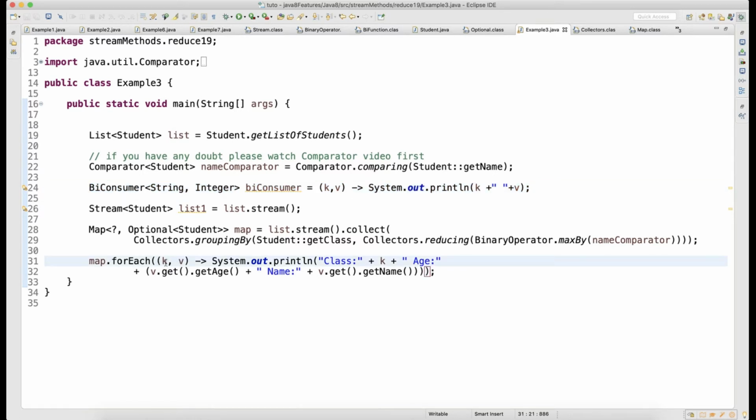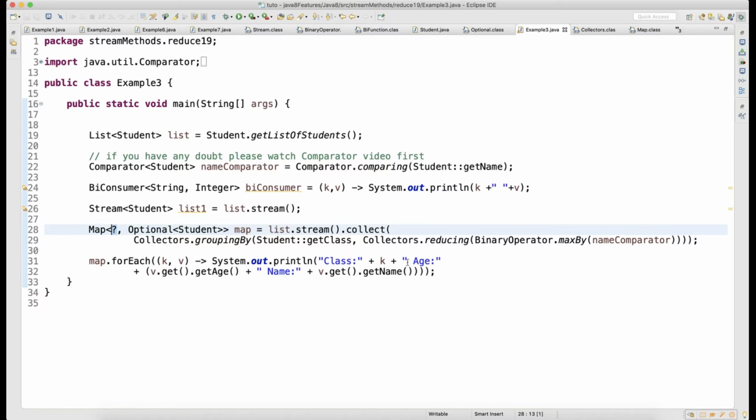Same thing, now you correlate here. So here you have a key and you have a value. So your key is this, and your value is optional of a student. So when you have a key and value pair, I'm just writing a print statement saying class key. So basically this is the type of object, right?